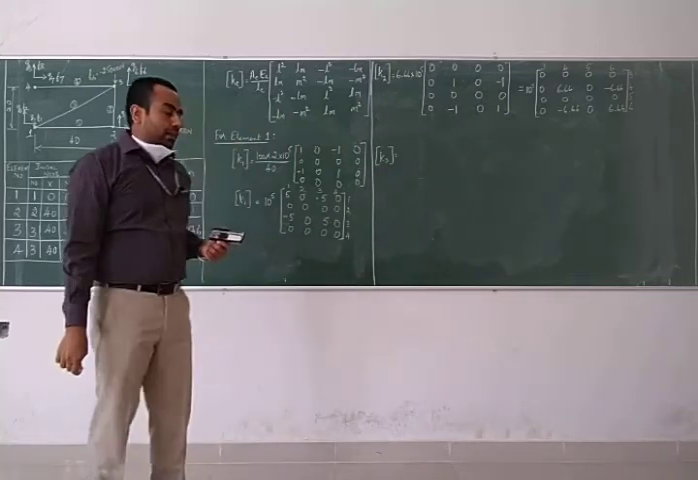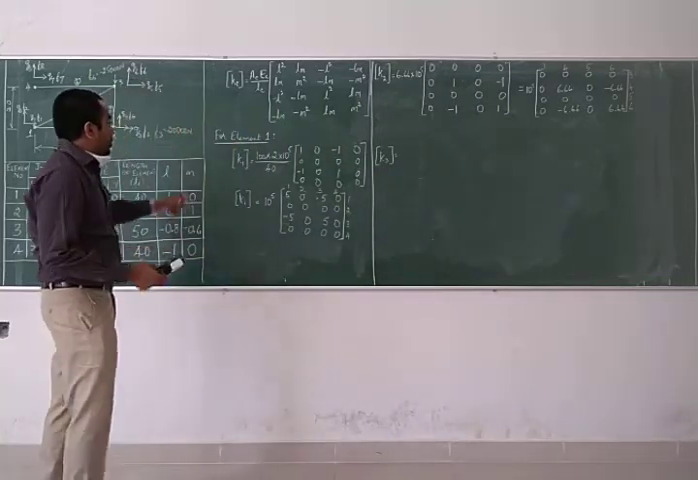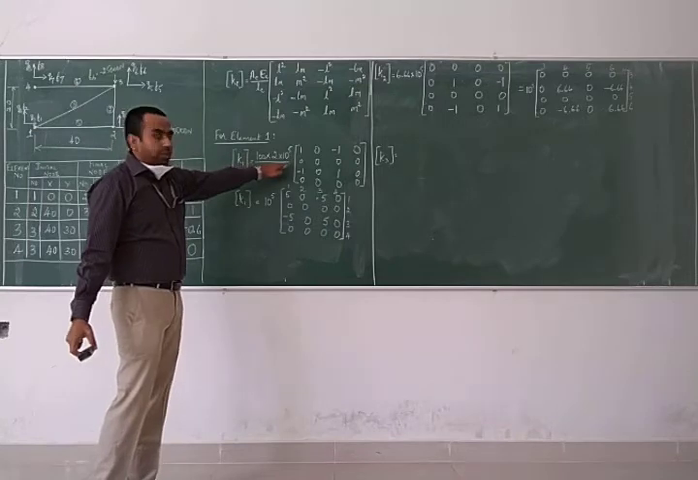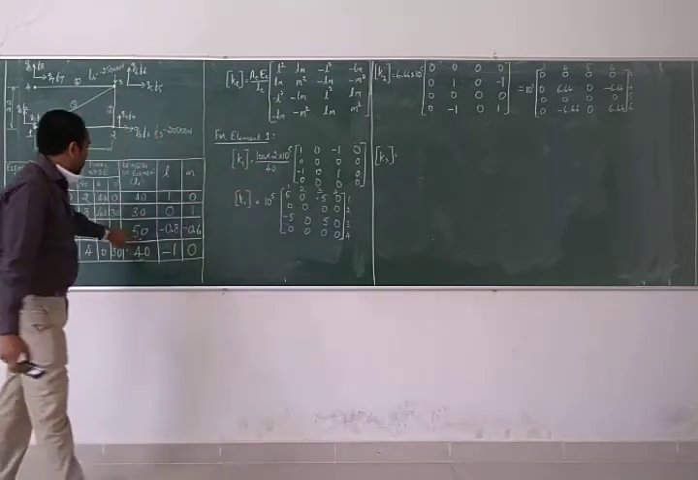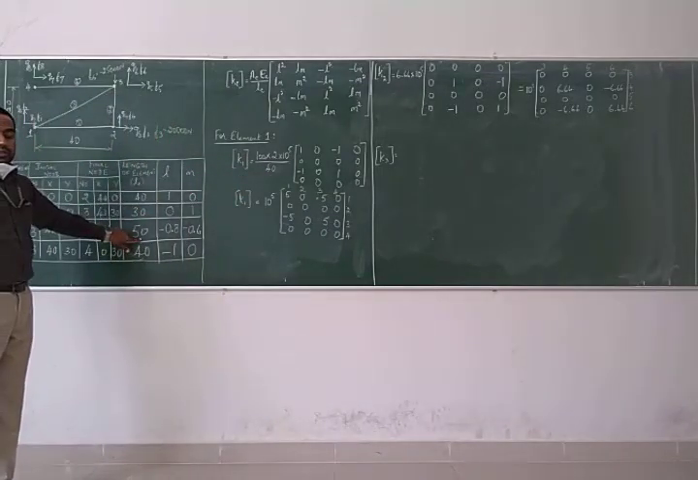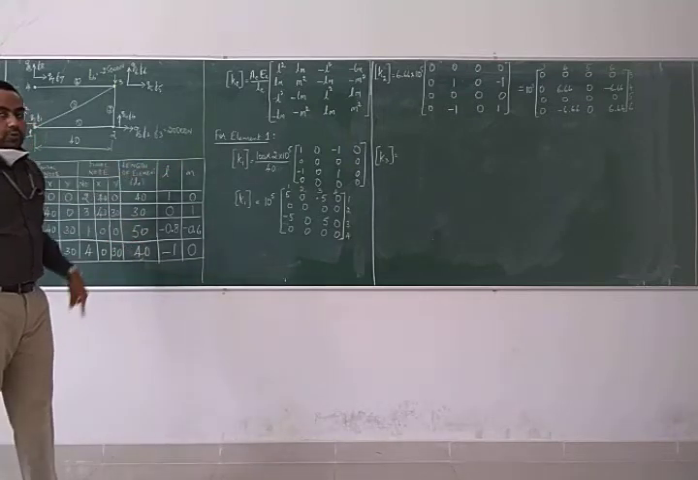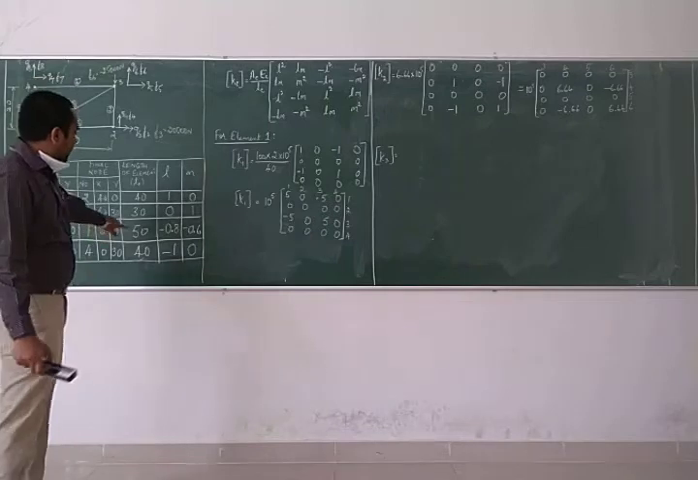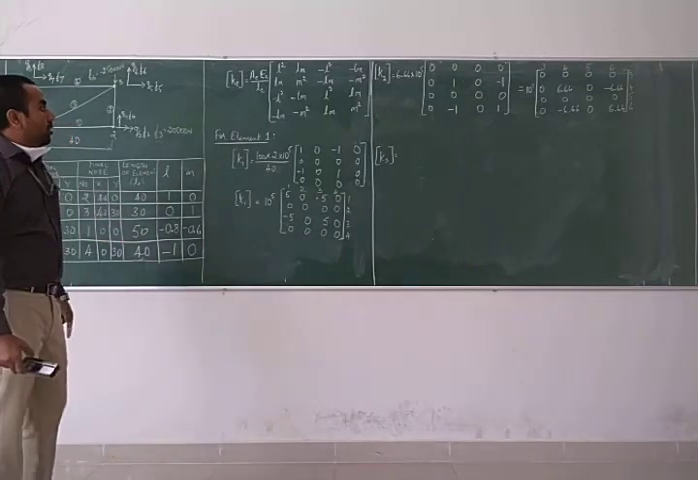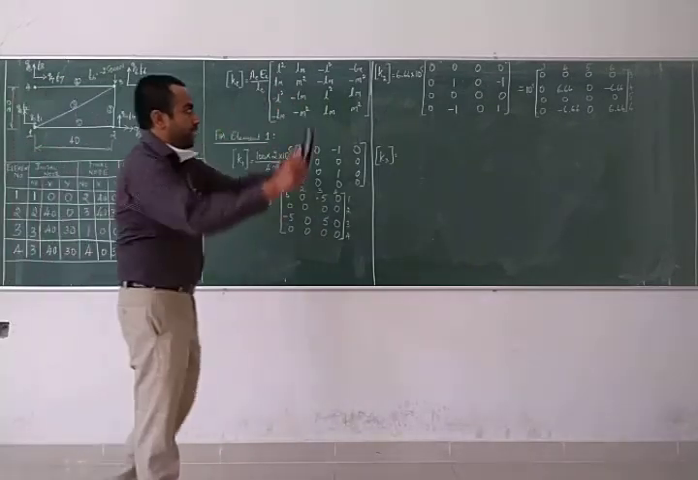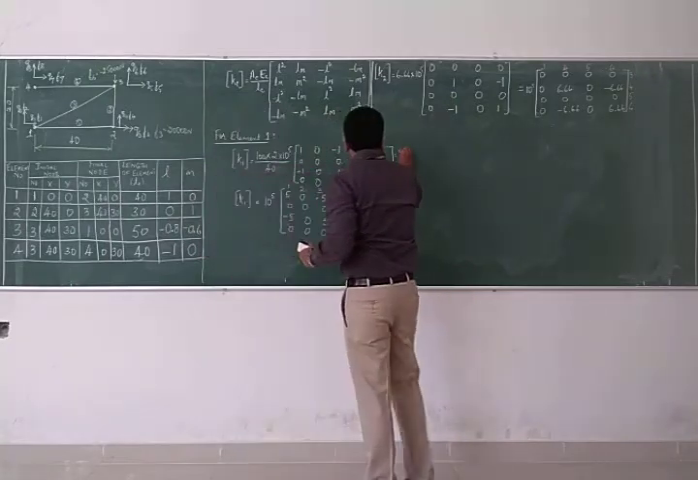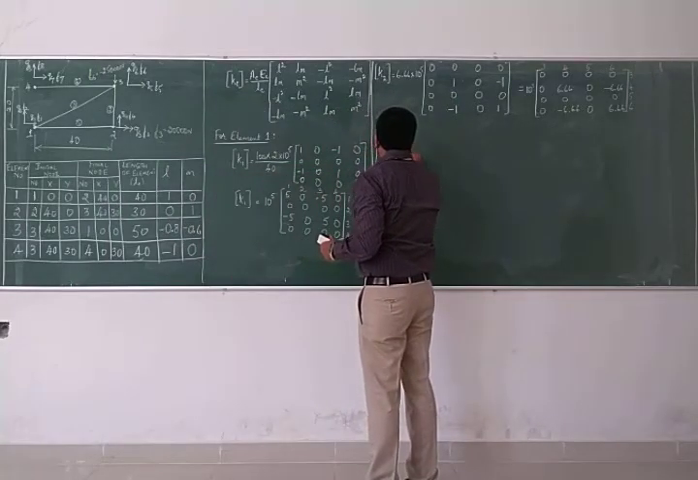Next, we'll calculate for element 3, K3. A into E by L. A into E remains same, 100 into 2 into 10 to the power of 5 divided by L value for length of element 3 is 50. So 100 into 2 into 10 to the power of 5 divided by 50 will give 2 into 2, 4 into 10 to the power of 5. So I will keep 4 into 10 to the power of 5 and